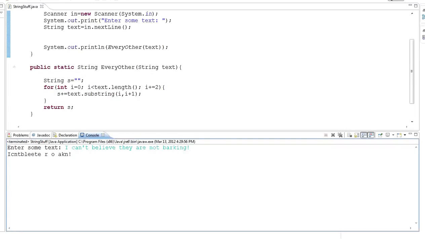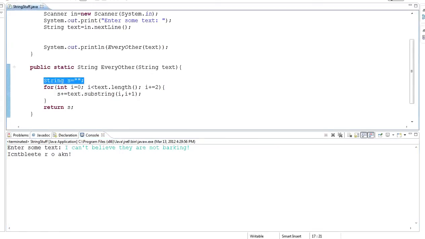Alright, so I've lost every other letter. So this is how you do some concatenation. The main rules are you need to make yourself an extra little string that you're going to build on